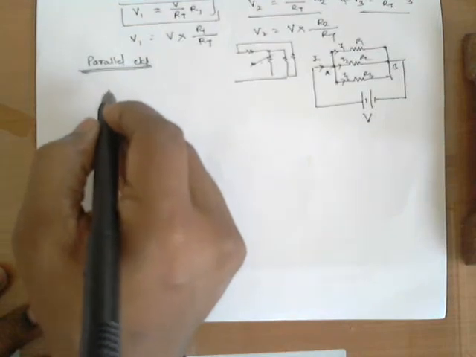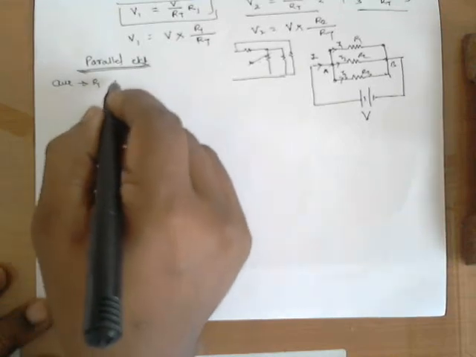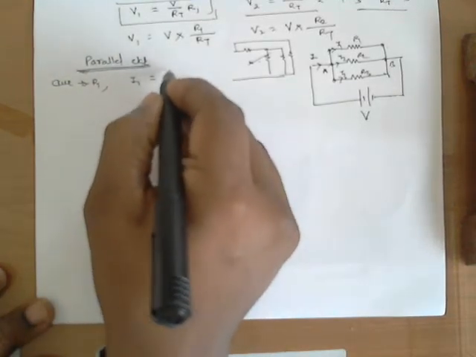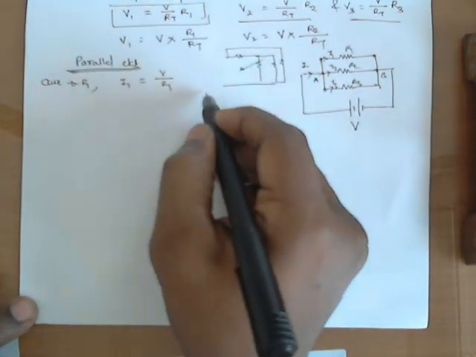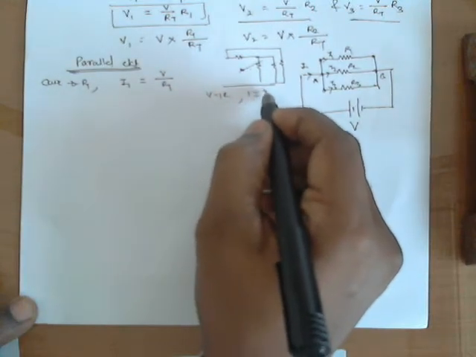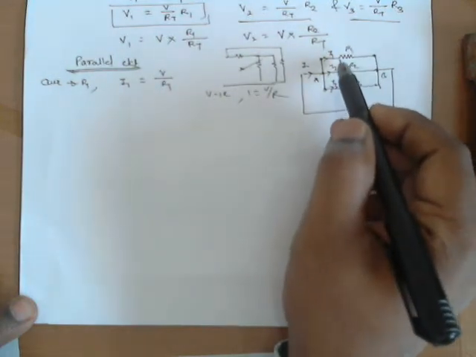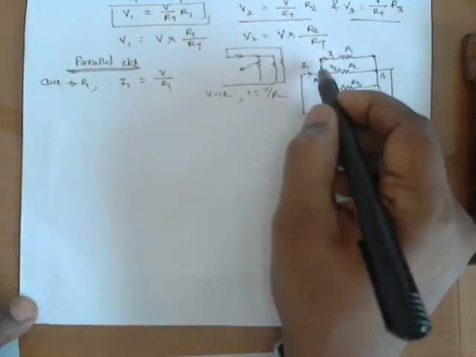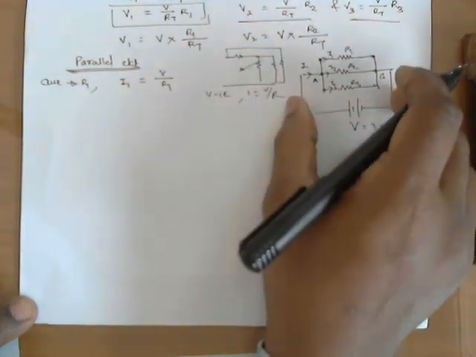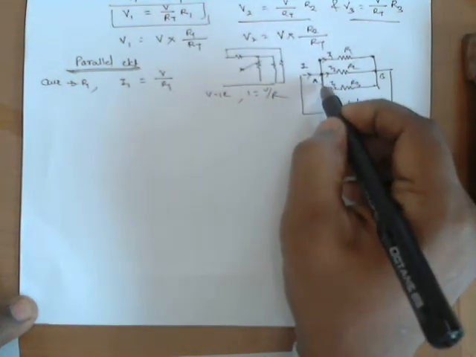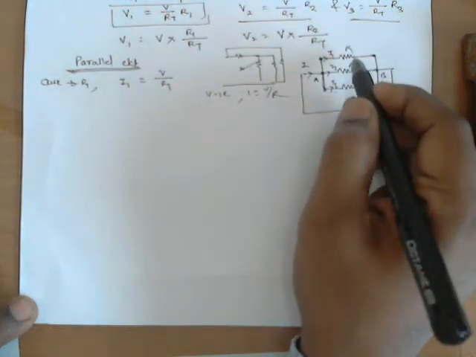Okay. So now, what is the current through R1? Current through R1 is I1 equal to V upon R1. What is the current through this R1? Current is given by Ohm's law. Ohm's law is V equal to IR, or I equal to V by R. So what is the current here? Voltage at this resistance divided by resistance. What is the voltage at this resistance? As I said, voltage will be the same at all three resistances. So if this is 30, then that 30 will directly get applied at R2, that 30 will directly get applied at R3, and that 30 will get directly applied across R1. So voltage is the same.